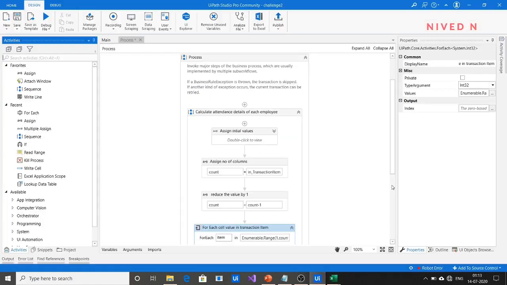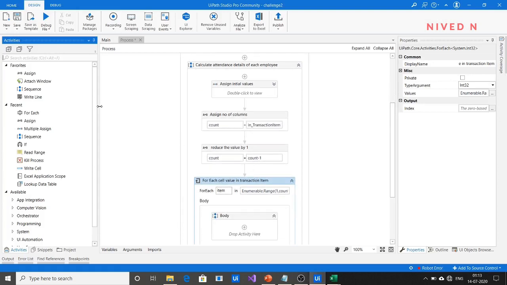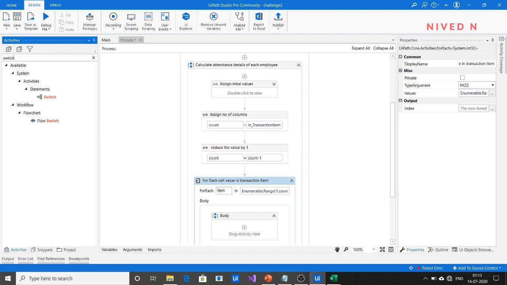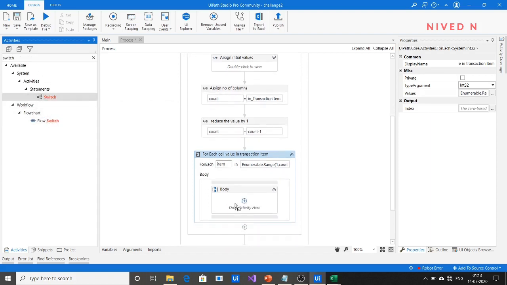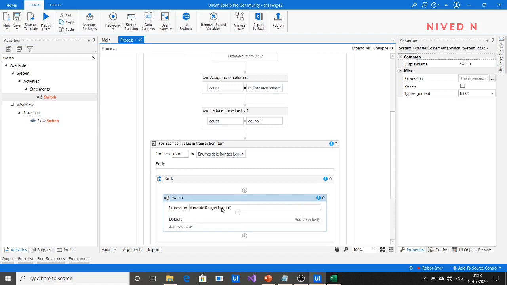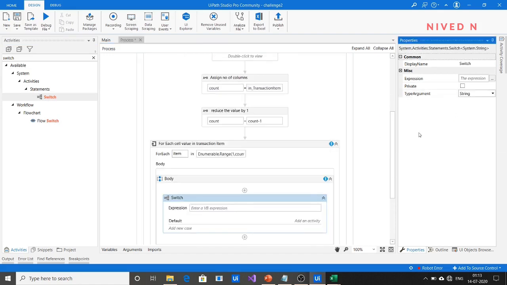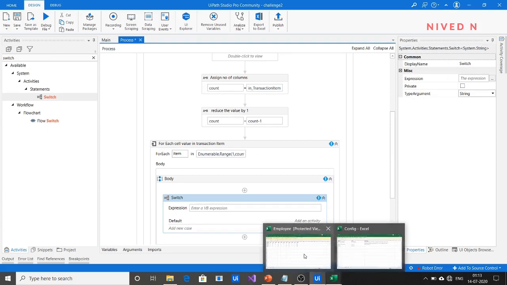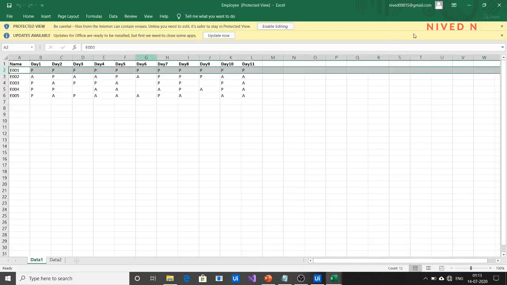So just use the switch activity, specify it, and enter the variable. Before that, change the variable type to string, because the cell value output should be a string. We are outputting each cell value corresponding to each transaction item, that is each data row.